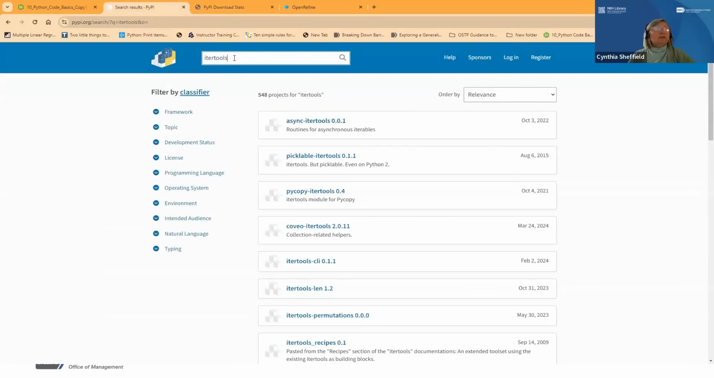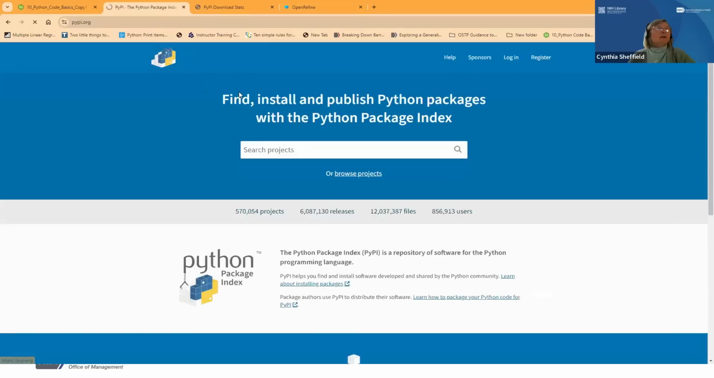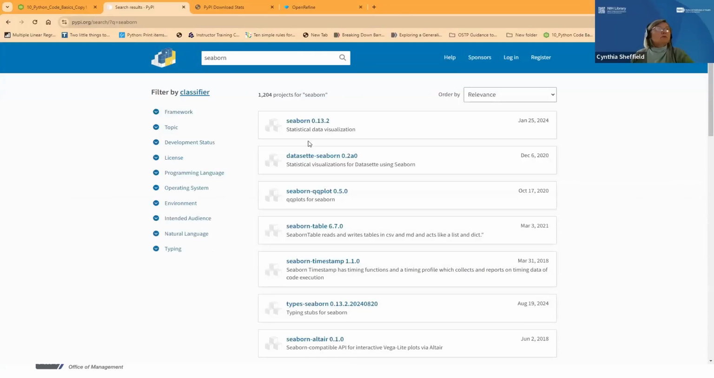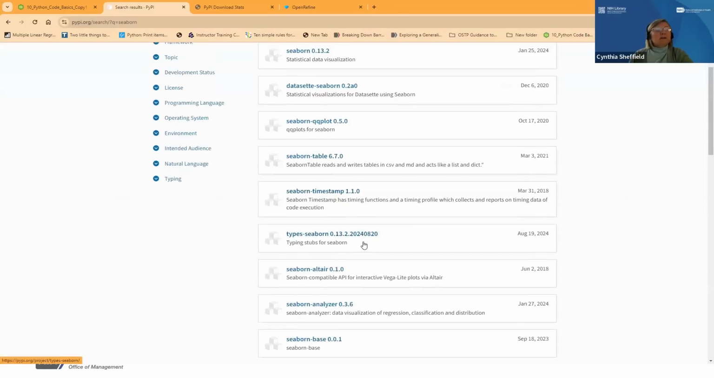For instance, I put in itertools here. There are 584 libraries for itertools. This is that pypi.org site. It shows you that there are over 500,000 projects. There are over 6 million releases. So anything that you might want to search for or browse for, or perhaps you have some specialized thing that you want maybe the Seaborn library to do, you can just type in Seaborn and you can find a bunch